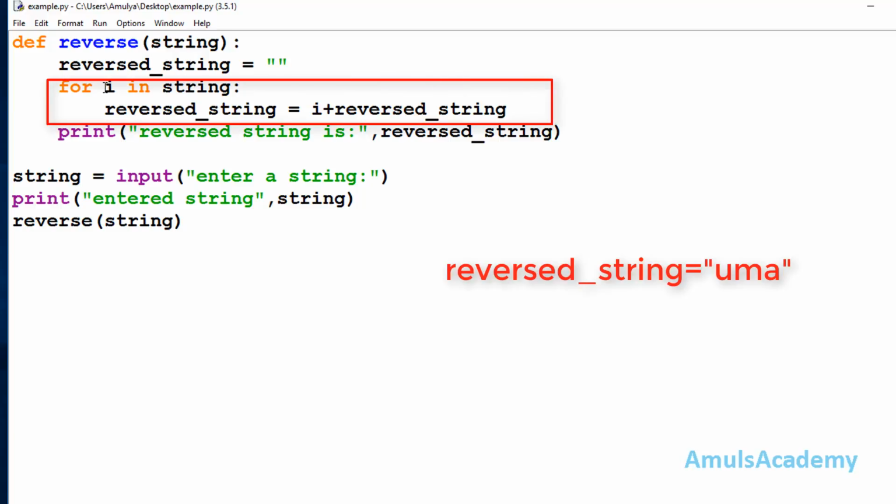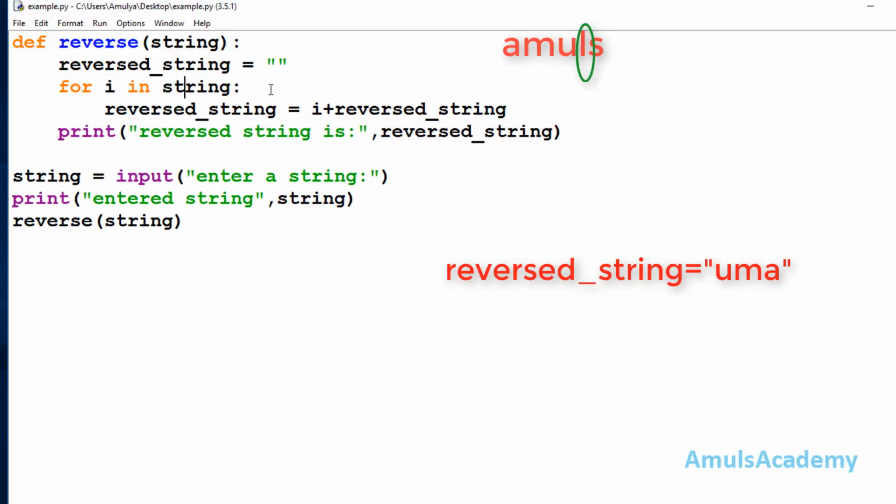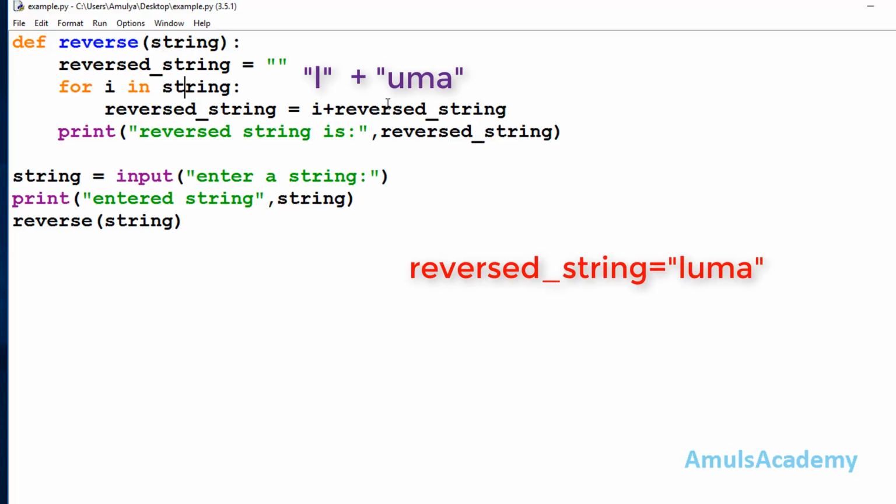Again control goes to the for loop and the i value becomes L. Again it will execute the for loop body, i plus reverse string. Here the i value is L and reverse string is UMA, so it will concatenate L and UMA. So we'll get LUMA.